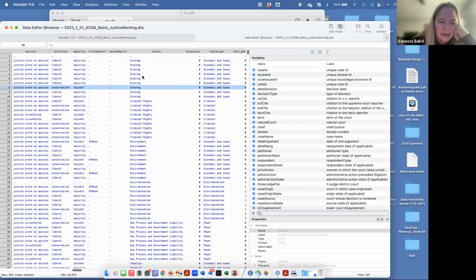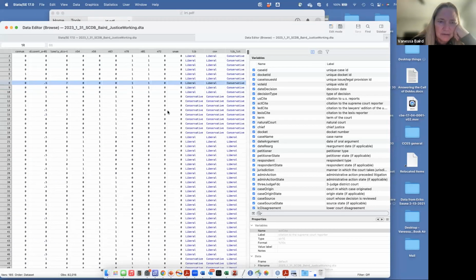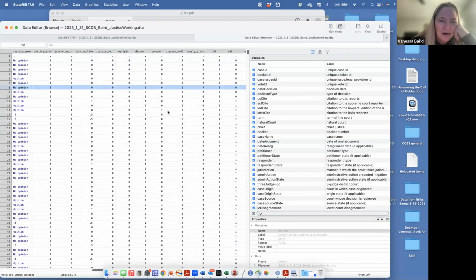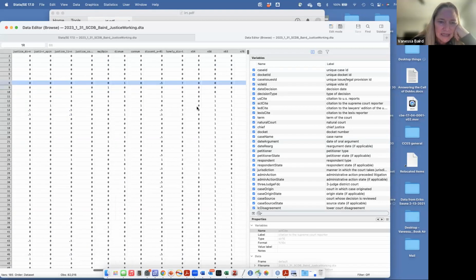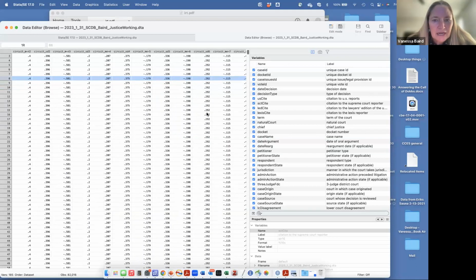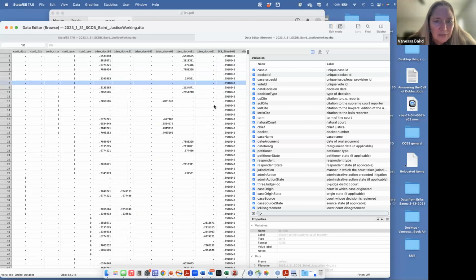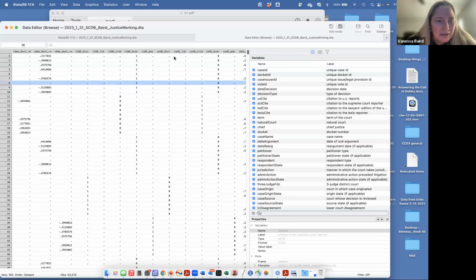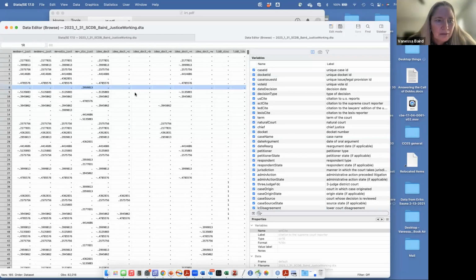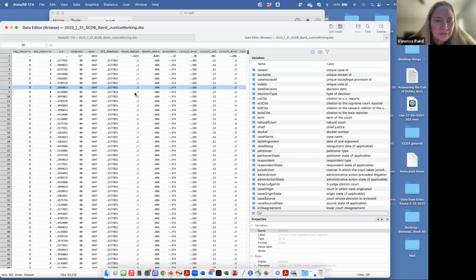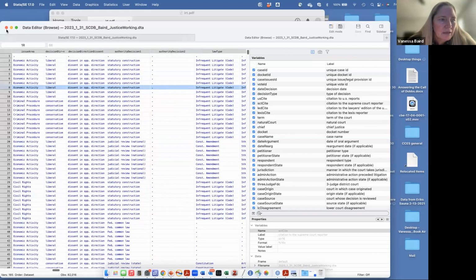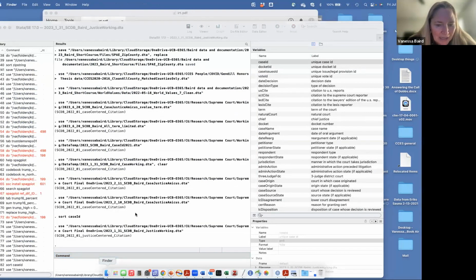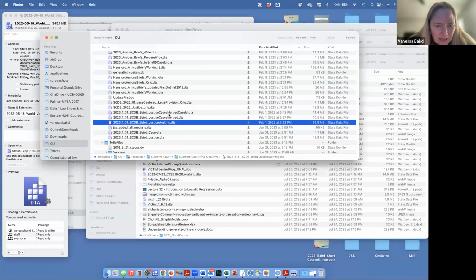Like they're all in the economic regulation category in that one, and there are still some case level variables that I have in this data, and they just don't vary by justice, and then I have to create variables that indicate to me which justice is in there, and then when I make it wide, so I have here,